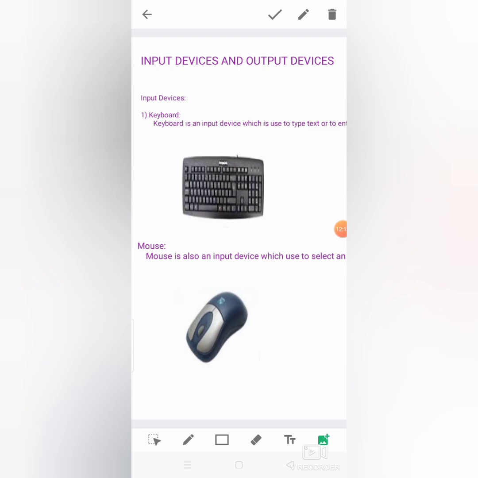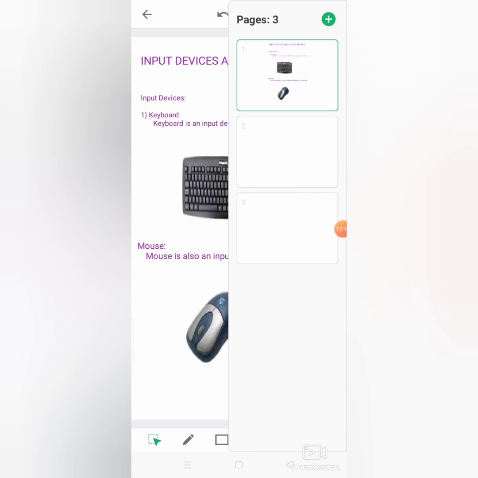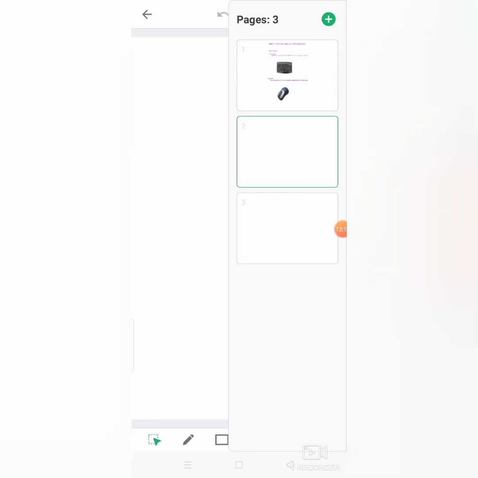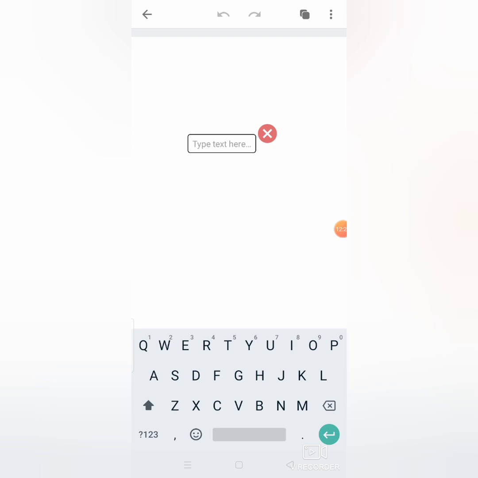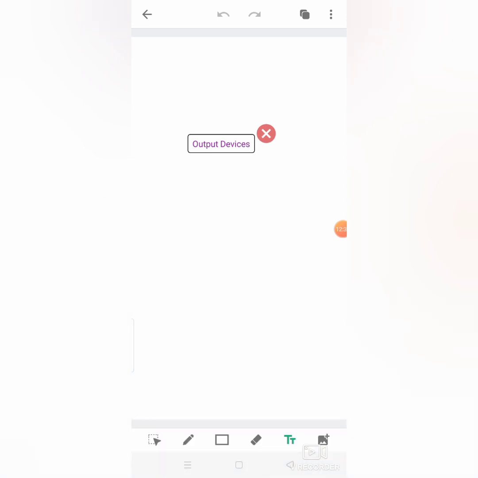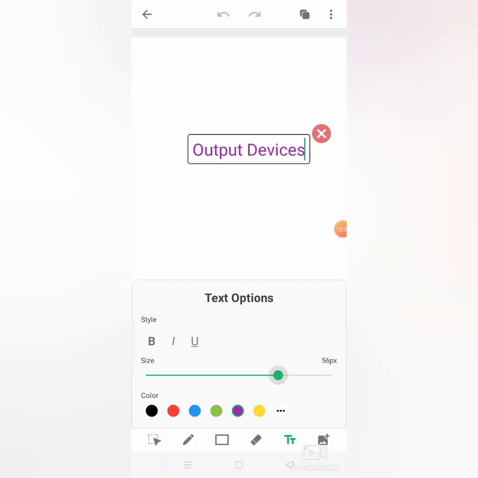If I want to take a new page, I will go to the next page. Here I will type output devices, the second main heading, output devices. I'm increasing the size.